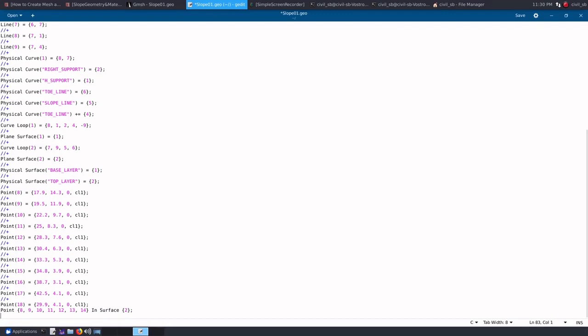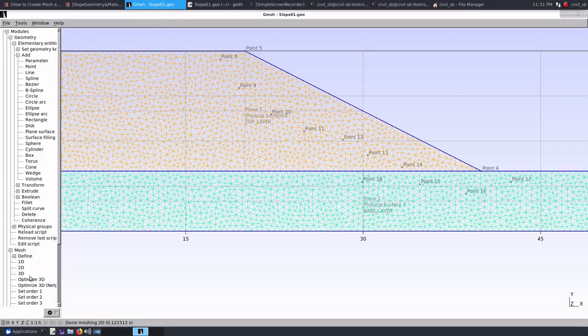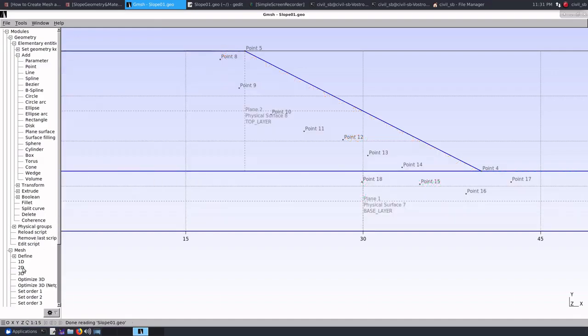Then similarly point, we have 15 to 18, so 15, 16, 17, 18, then in surface 1. So let me save it, then let me reload the script again, reload the script, then remesh it,